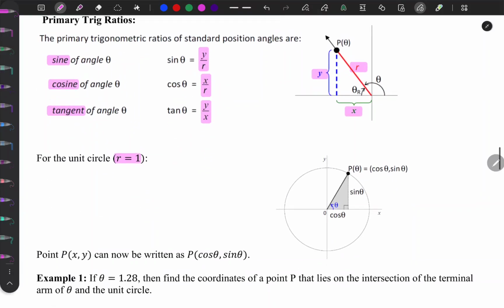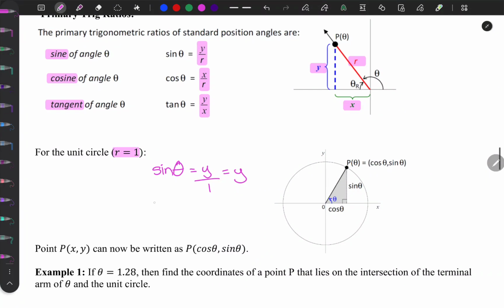So if we have the angle theta, we can say that sine theta is equal to y over r, but now our r value is 1, so it's y over 1, or just y. For cosine theta, it is x over r, or x over 1, so cosine theta is actually just equal to x. And tan theta